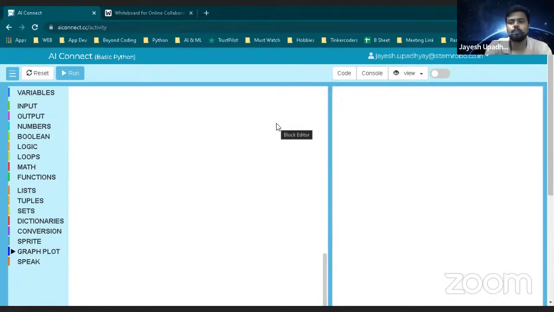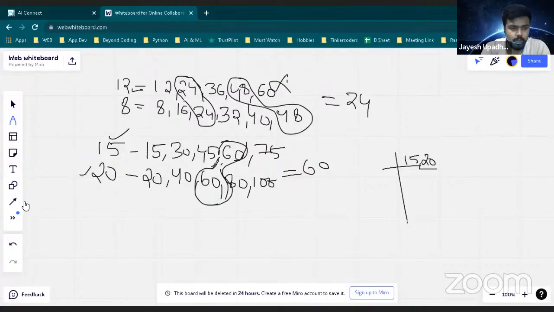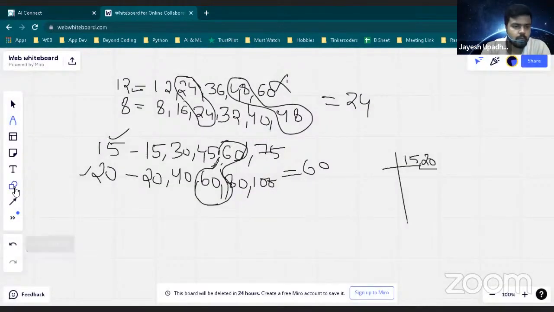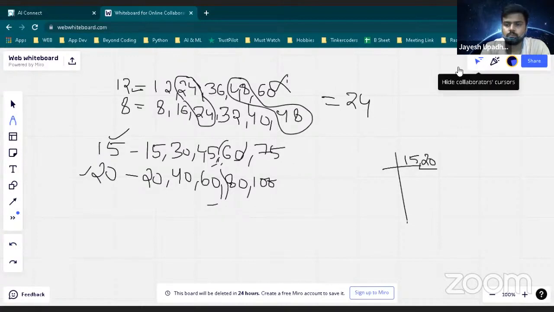Okay, now let's just move forward and let's just see how to find the LCM of two numbers. Okay, let's just see that. Let's just see.